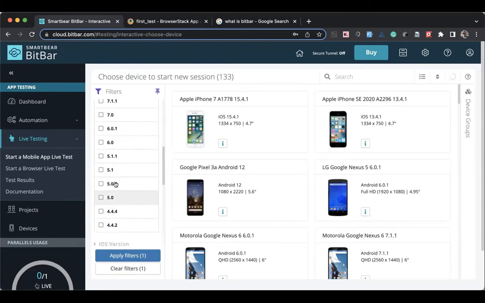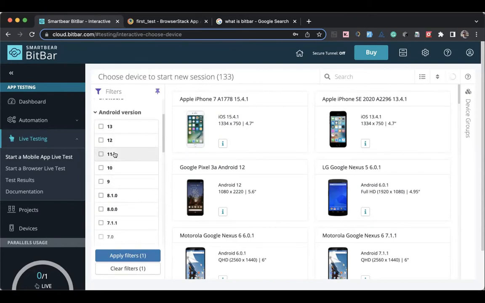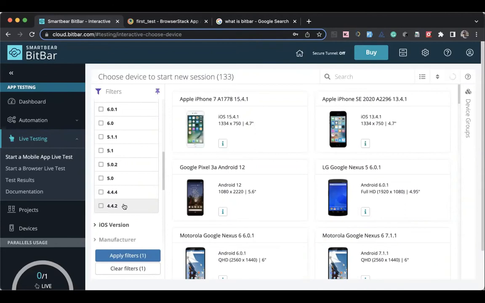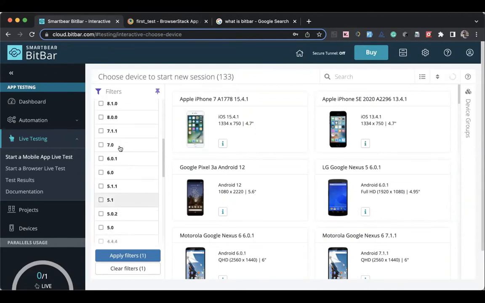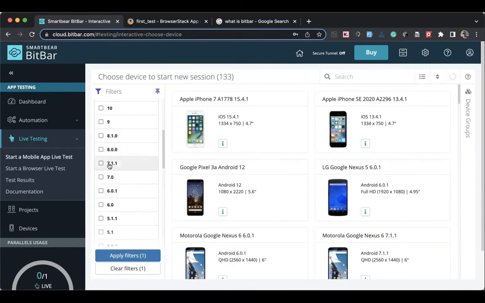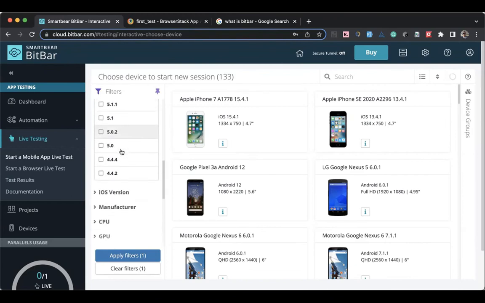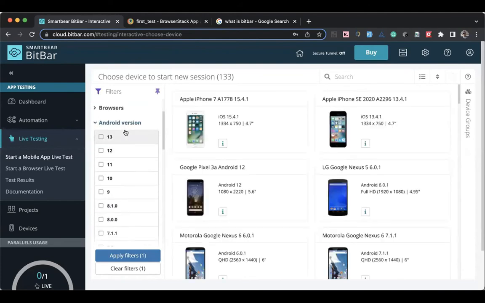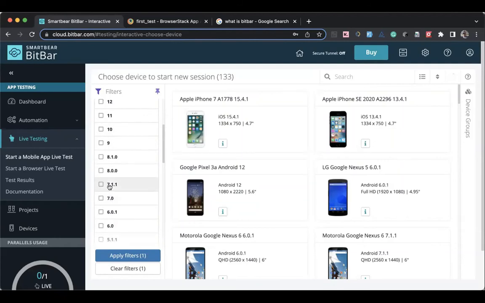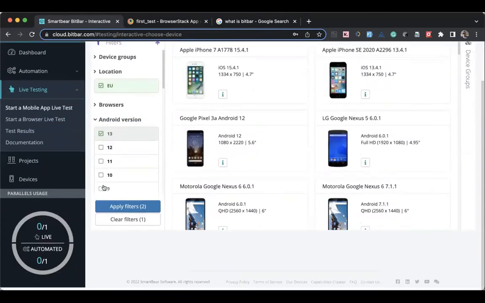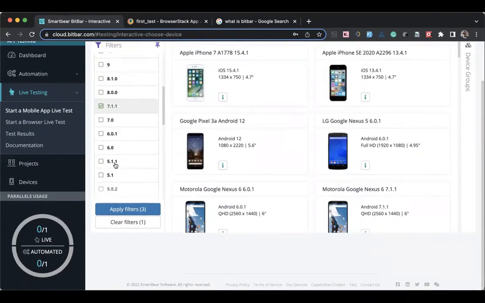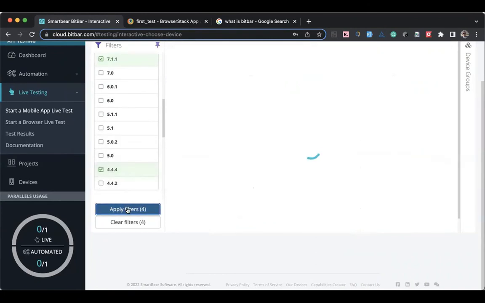So you need to test at least, let's say, the operating system for version 4.42 will be slightly different from 7.71, and 7.71 might be similar to 9, and then 9 might be different to 13. So in this kind of scenario, you want to have a wide test coverage. You might test the most recent one, 13, you might go to the middle and just pick 7, and then you can just test 4, right? So if I pick Android version 13, 7, and 4, and I apply it,